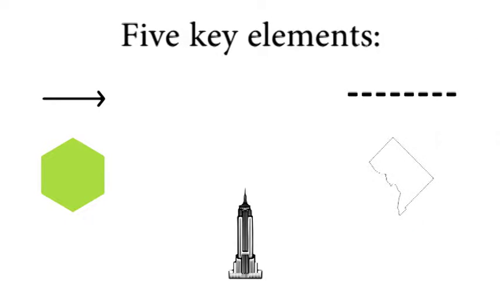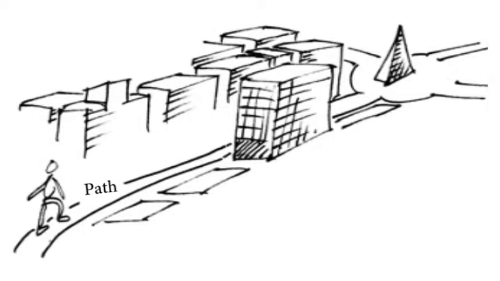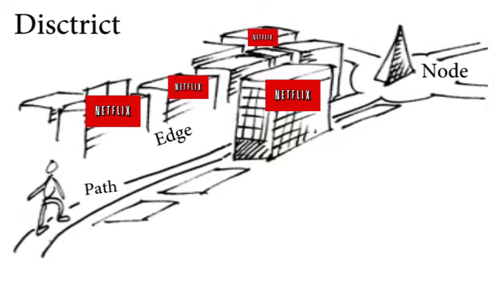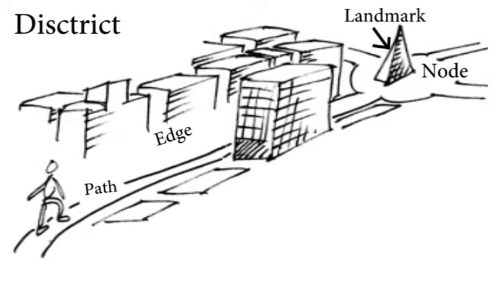Kevin Lynch defines the 5 elements of a city as follows. Paths are channels along which citizens move. These can be identified by visual cues in the landscape or by collecting geolocation data generated by citizens. Edges are boundaries that restrict movement or require crossing. Edges can be identified through RFID access points or where network access ceases due to distance or limited power. Nodes are points of convergence for movement, such as entryways and exits. Nodes can be mobile and can emerge based on things such as changes in wireless coverage areas and policy changes. Districts are areas that citizens are defined as being either in or out of. Districts are software-identified regions, such as a map of Manhattan according to Netflix rentals. Landmarks are useful points of reference that are visible from far away.